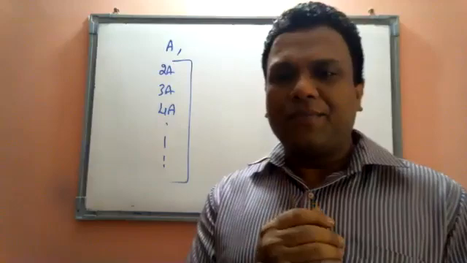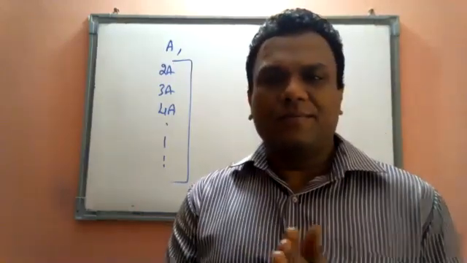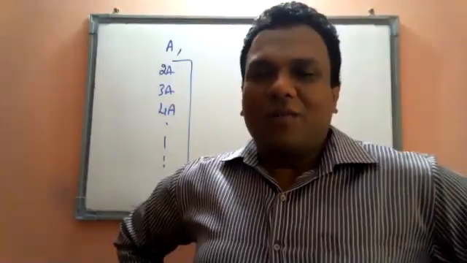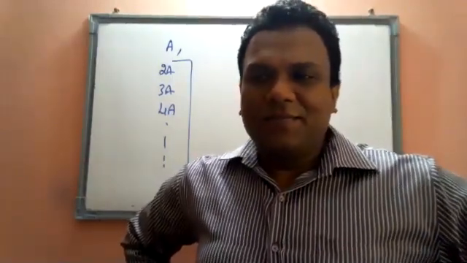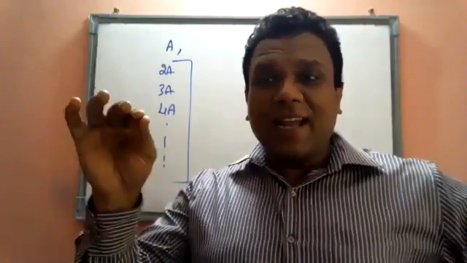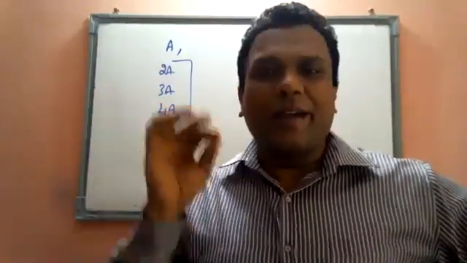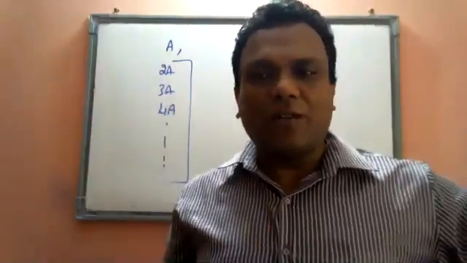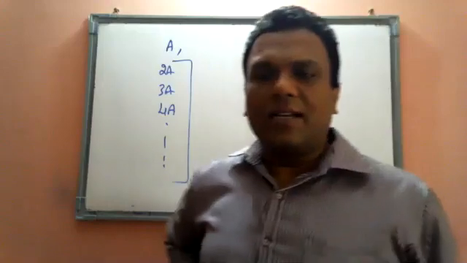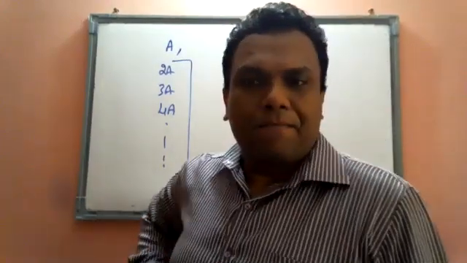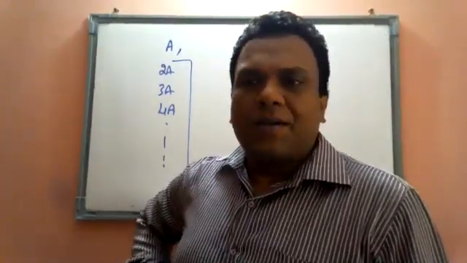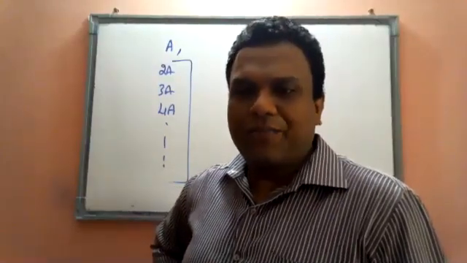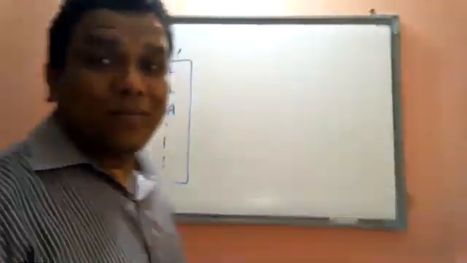Can someone tell me? If A is an angle, what is 2A called with respect to A? What is 3A called with respect to A? What is 4A called with respect to A? Akshara is saying consecutive angles. Okay, anyone else? Multiples of A. Yes, very good. Very good, Sunishti and Yashasvi. Okay. Can I call them multiples of A?